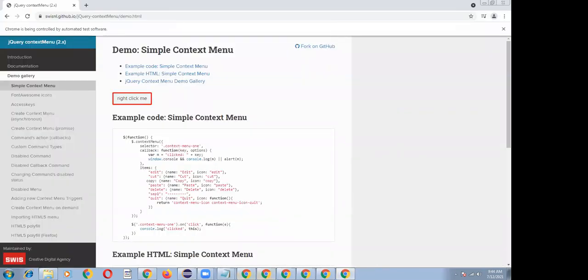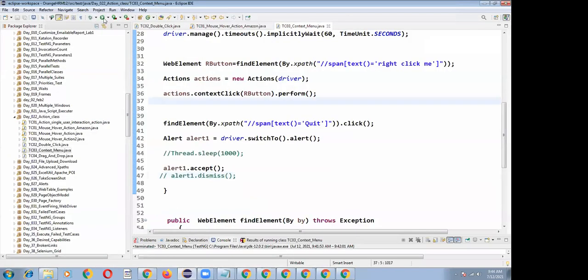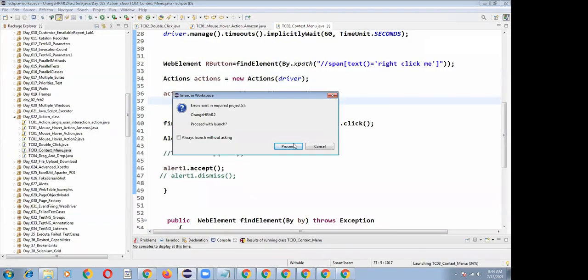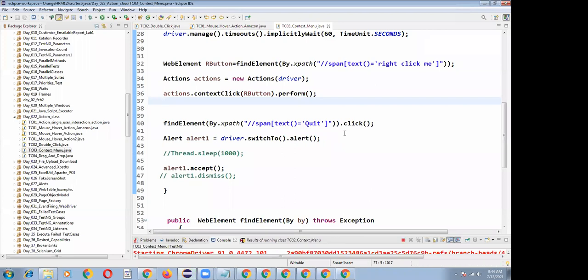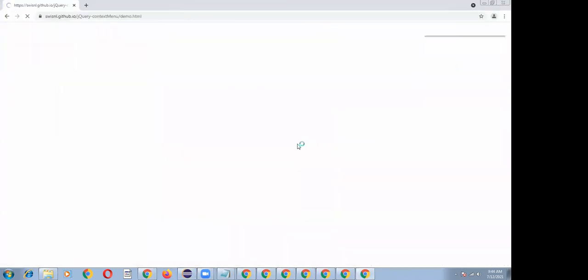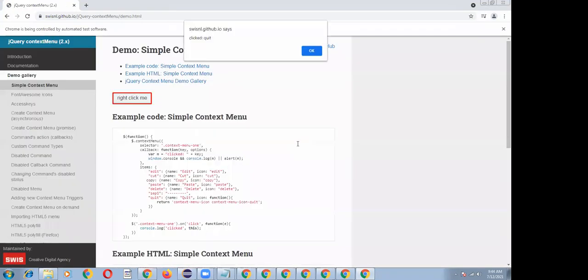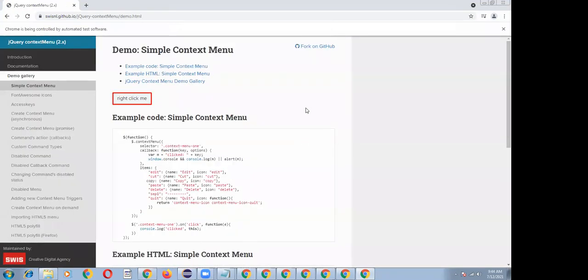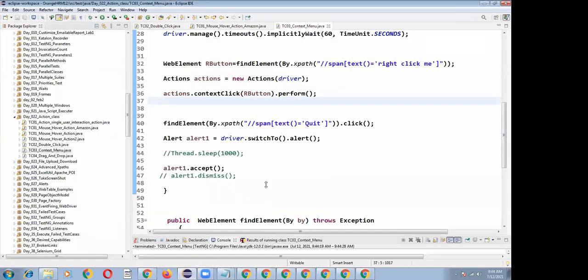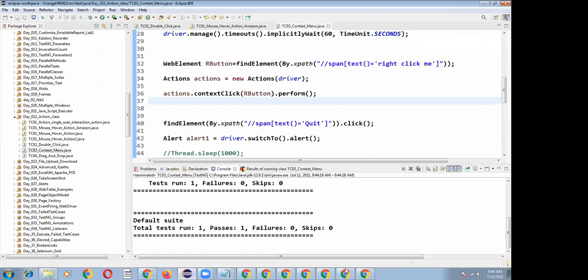Now let me run my program. From this lab, we understood one more new topic, alerts, and how to handle the alerts. It is done already. Okay, I will show you again.